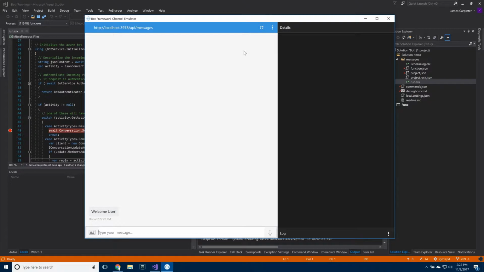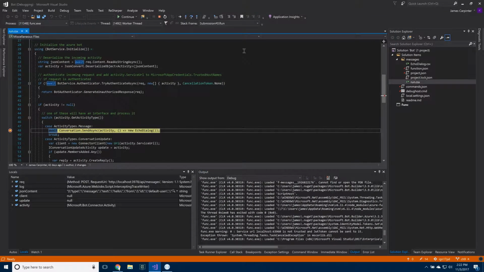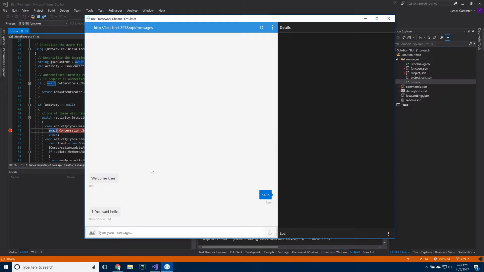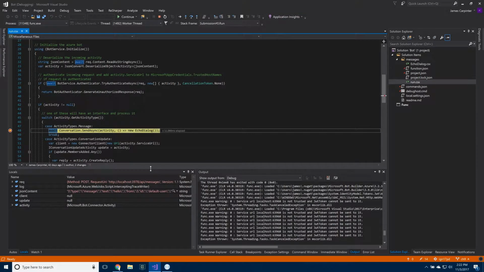We're now connected to our locally running bot. And if I send a message, for example, hello, we'll see that our breakpoint is hit immediately. If we continue through, we see the message is responded to by the bot, and all it does is echo that message back. Now, if I send another message, if I send hello again, we hit the breakpoint, but something